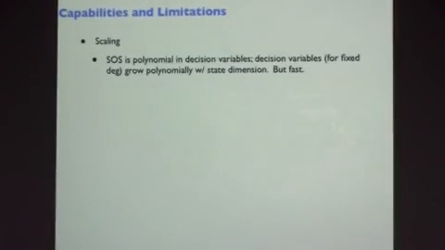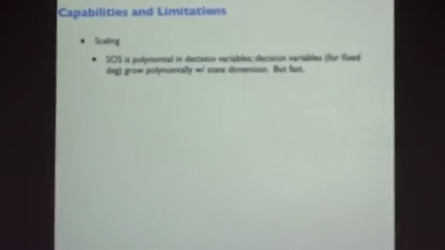I wanted to tell you about this idea of using optimization to compute Lyapunov functions. It works pretty well. So the scaling is polynomial in the number of decision variables. The decision